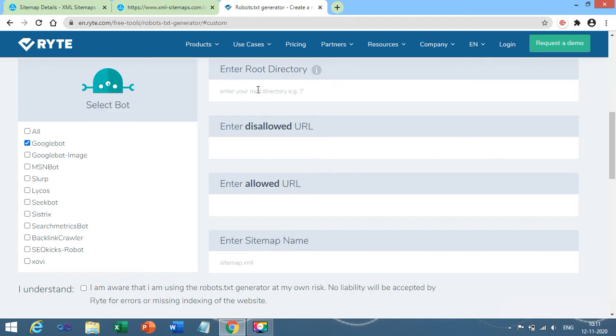Now over here you need to give the root directory for which you want to create the robot.txt file. So I am going to type www.saurashtrauniversity.edu.